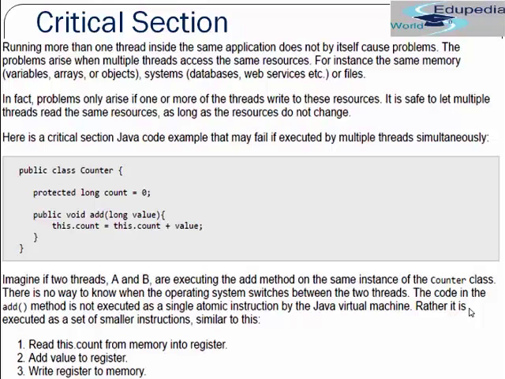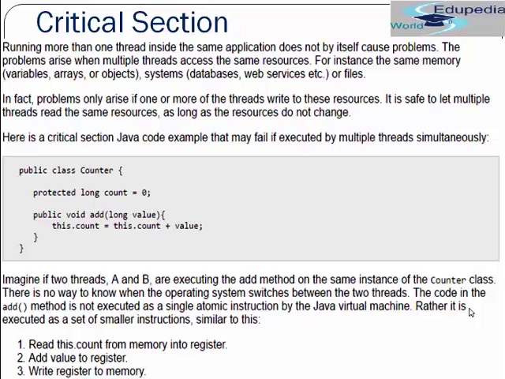Here is a critical section Java code example that may fail if executed by multiple threads simultaneously. You can see we have a class Counter, with a protected long count, and an add method which takes a long value. Then we assign this.count equals this.count plus value. So this is a critical section. It may fail if multiple threads try to access the same count variable, and it may give a wrong result